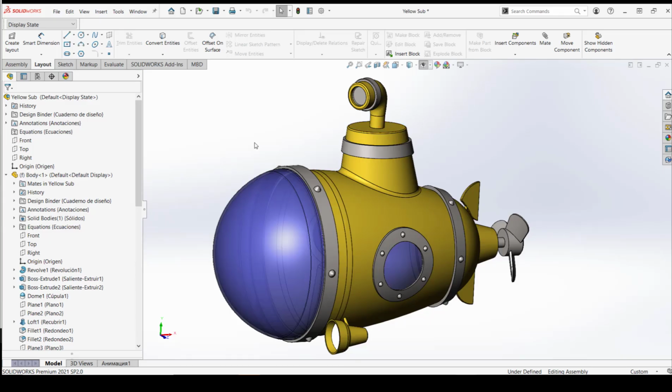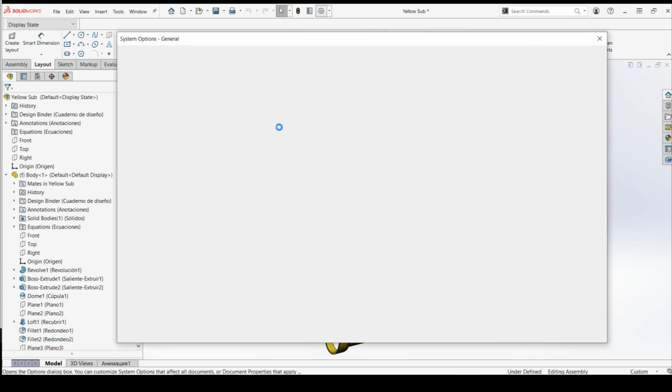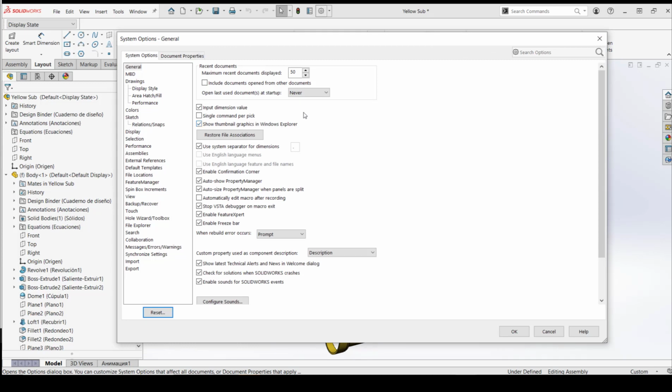Let's go ahead and jump over to SOLIDWORKS now, and we'll get into the meat of our webinar. So this webinar is about system options. The reason I wanted to have a webinar about system options is because when I was much younger than today, I didn't know system options were a thing. I was really missing out on the ability to customize SOLIDWORKS. Something that sets SOLIDWORKS apart is its ability to balance capability and ease of use, and one of the ways it does this is by allowing you to customize your interface. If you don't know how to customize your interface, you are definitely missing out. But thankfully you're here and you're ready to learn. So let's go ahead and dive in.